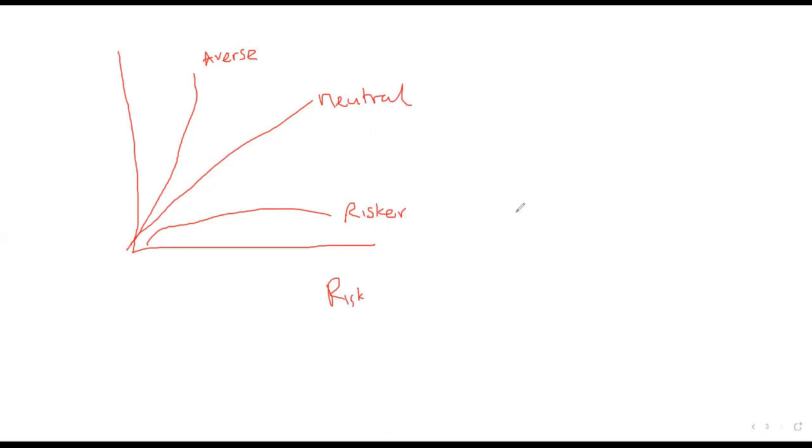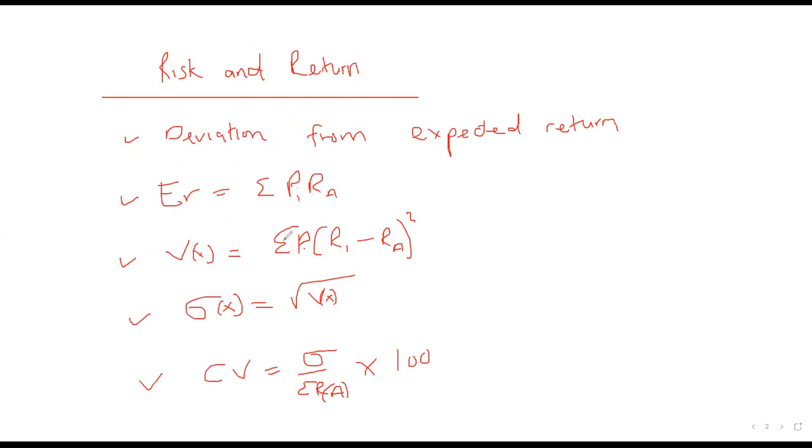So computations of these are as follows. To find the expected return, we simply calculate the probability associated with the return itself. Then when you multiply the probability by the difference between the actual returns and the expected return, it is called the variance. When we square root the variance, we call that standard deviation. The standard deviation over the expected return is called the coefficient of variation. So remember, the assumption is that the higher the risk, the what? The higher the return